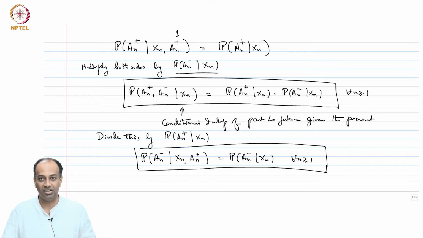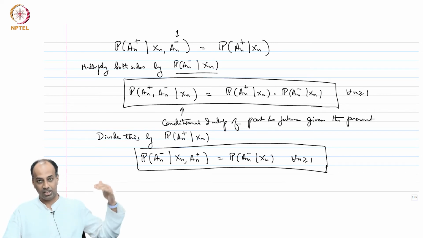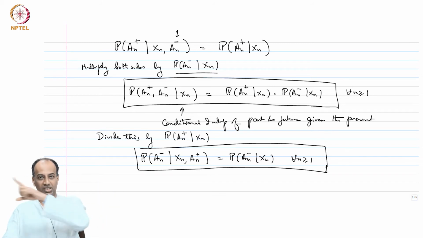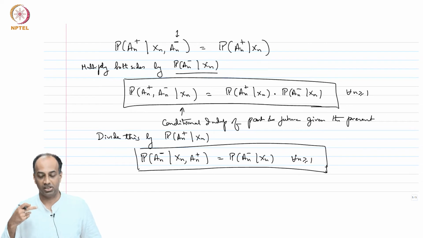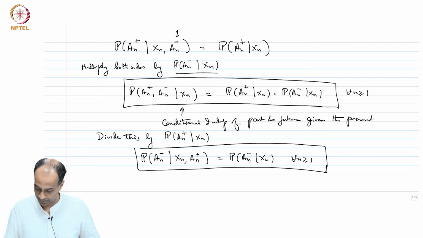So this is basically saying that if you have a Markov chain running in the forward direction, and you note down all its states and record this as a tape and you run the tape in reverse, then the reverse also has a certain Markov property, in the sense that in reverse time, the future conditioned on the present is independent of the past. But the future is a n minus now, because time is running in reverse, and the past is a n plus when time is running in reverse. Okay. So, this is very nice, all right.